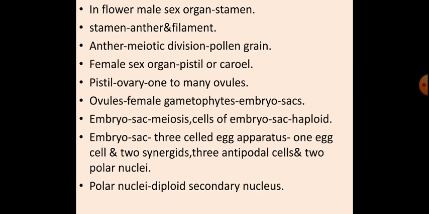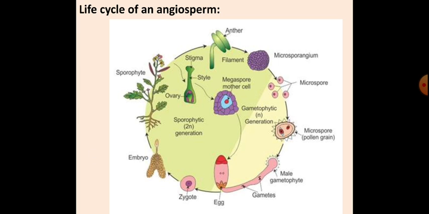Embryo sac formation is done by meiotic division. See, the ovary consists of ovules. They are present in the megaspore mother cell. The megaspore mother cell will undergo meiotic division. It will form 4 megaspores. Out of that, one megaspore is functional and that will form the embryo sac